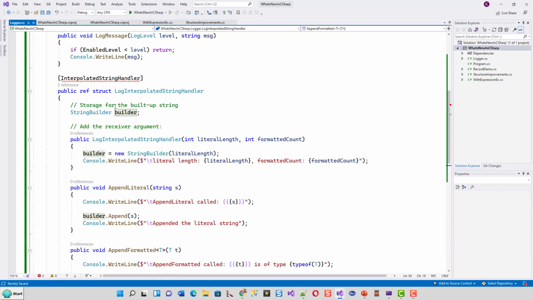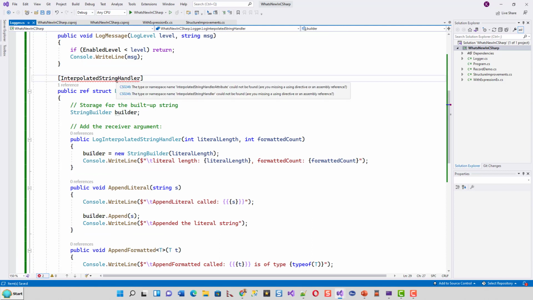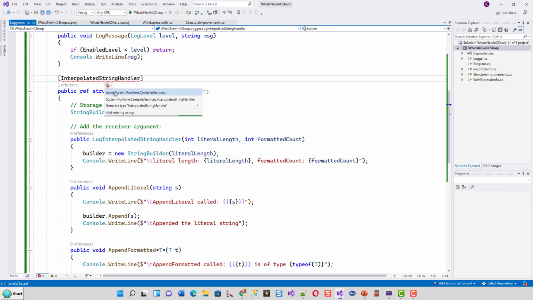Now InterpolatedStringHandler, see here, if you look at it, it is asking for a potential fix. So it needs a potential fix, which is the addition of a namespace using System.Runtime.CompilerServices.